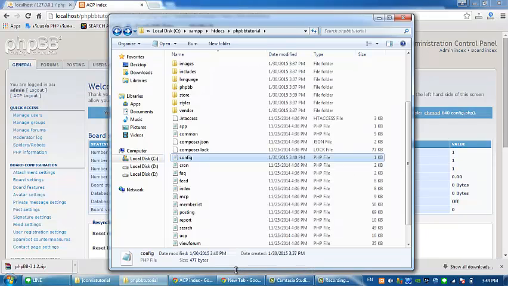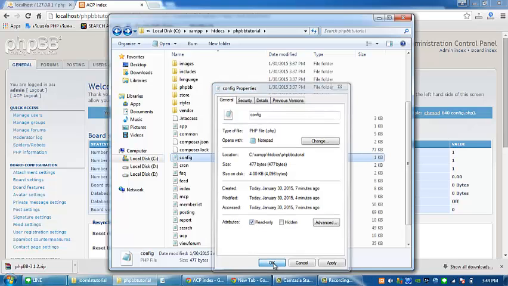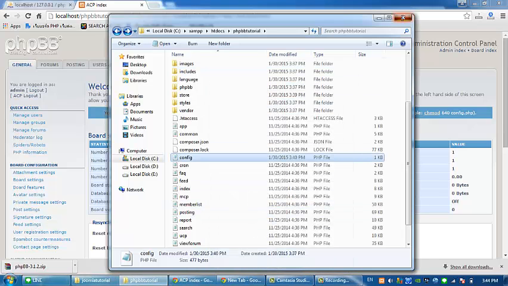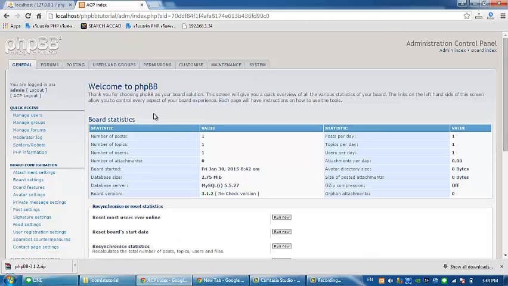Right click and then Properties, and click Read only on the attributes and then Apply or OK. So now it's okay. Now we already installed a new phpBB.